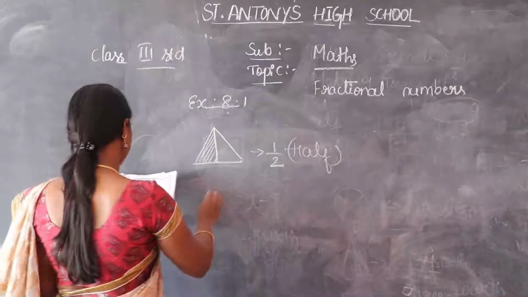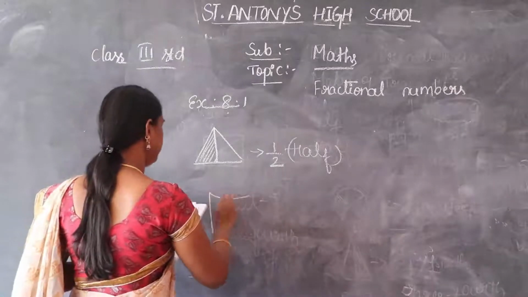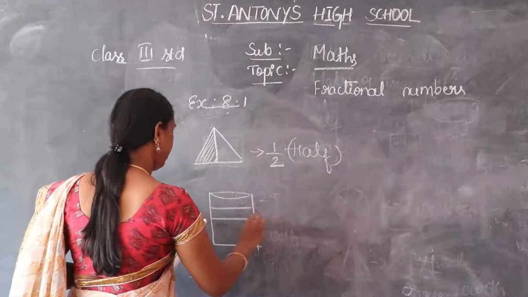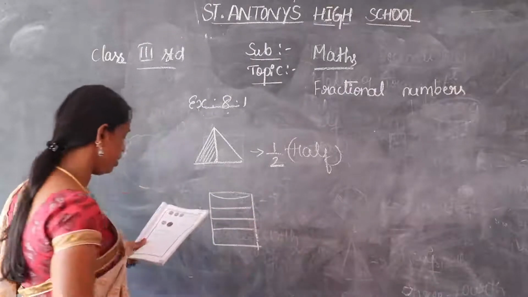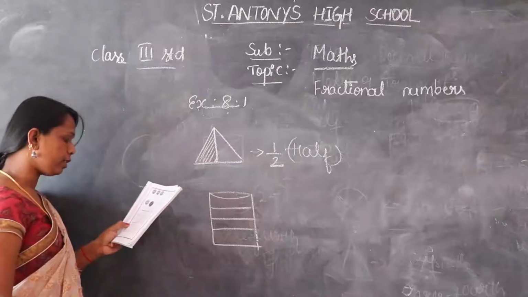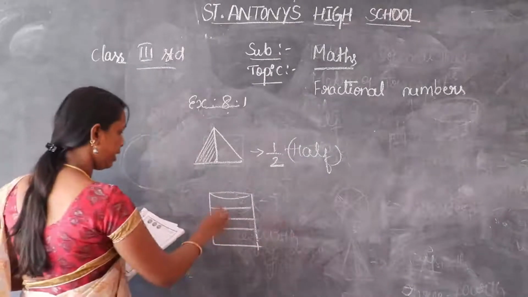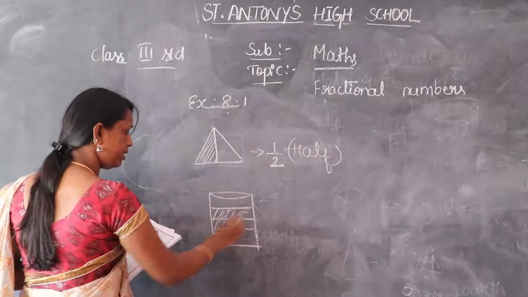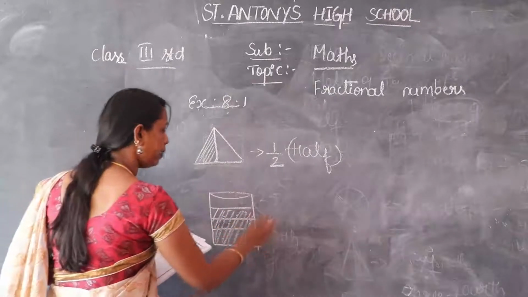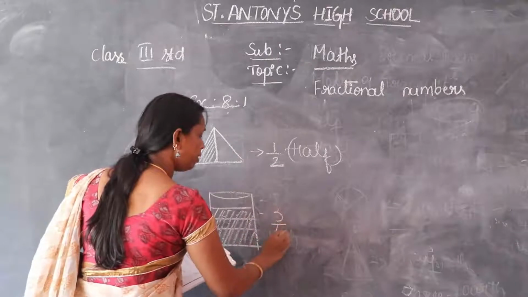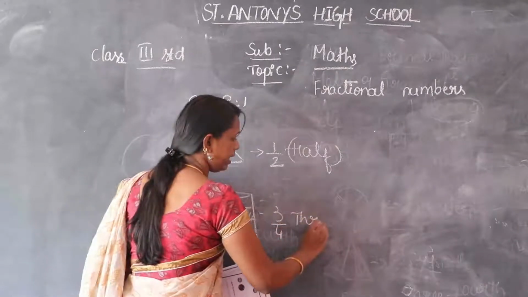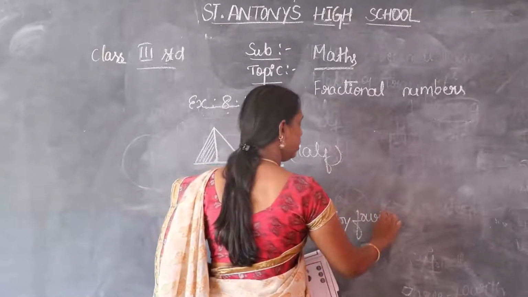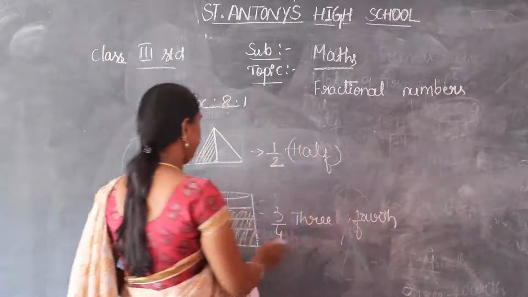Fill this one, this is a beaker. They are divided into 4 partitions. And fill 3/4 of the beaker with color. So 3/4 means here colors using your color pencils and shade this one. It completed 3 by 4. That is 3 by 4 or 3/4. Okay children, 3/4 of this fraction.